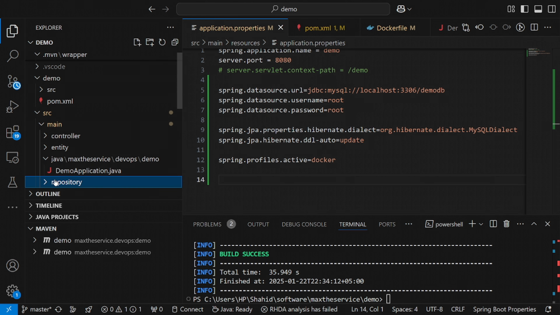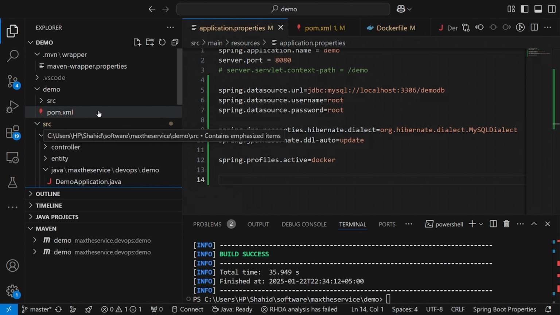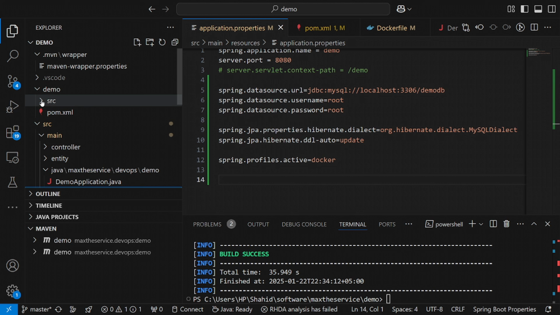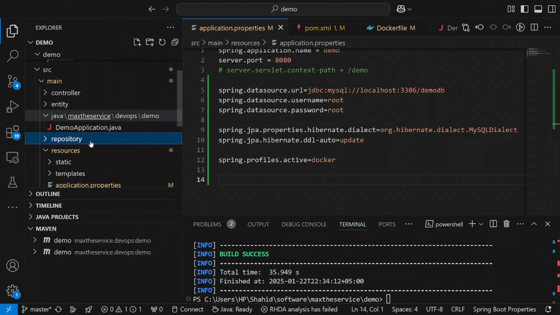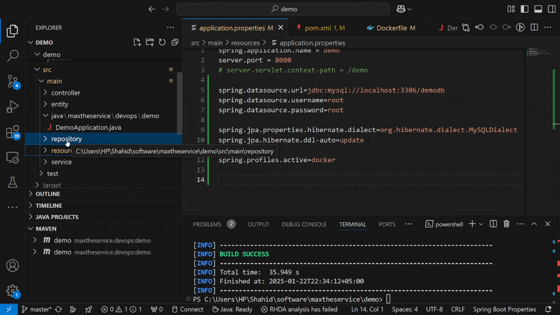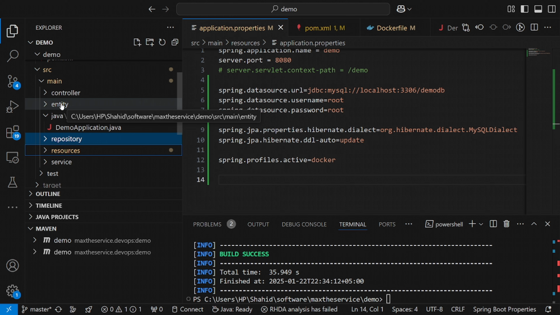In this layer we will be communicating with the database directly. It means any HTTP hit will occur to the controller. The controller will communicate with the service layer, and the service layer will communicate with the repository, and the repository will communicate with the database, and it will be using the entity, or our DTO, which will contain the object. Okay, so if we go into controller,